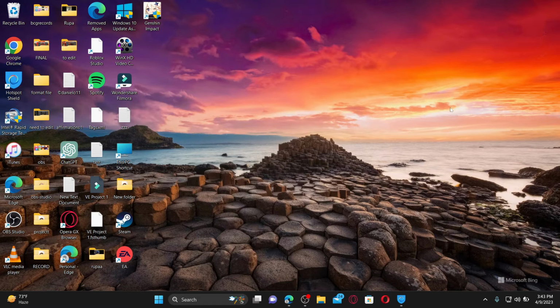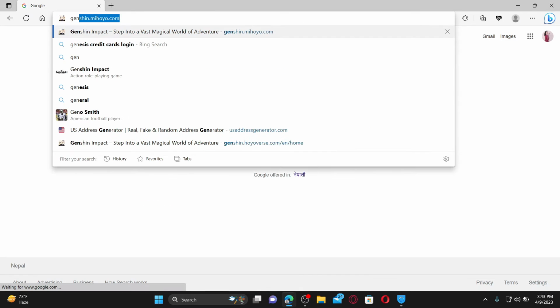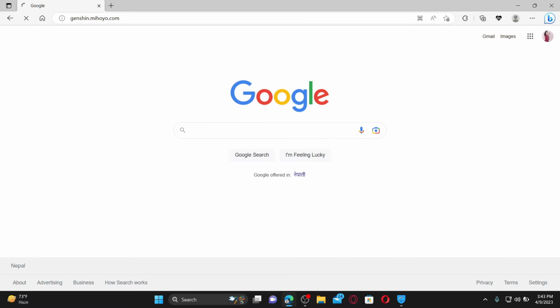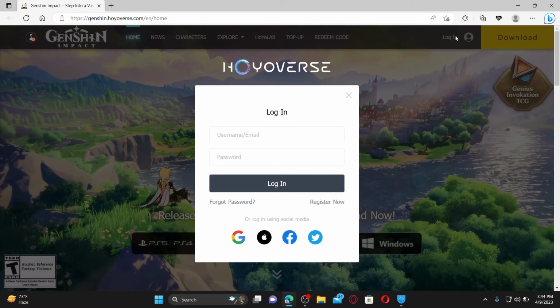Open up a web browser to get started. In the URL box, type in genshin.mihoyo.com and press enter on your keyboard. Once you end up in the main homepage for Genshin Impact, click on the login button at the top right